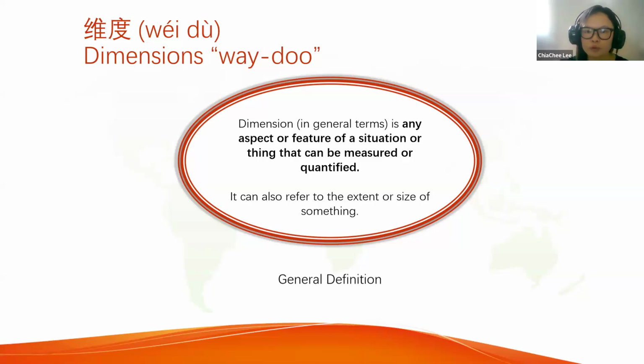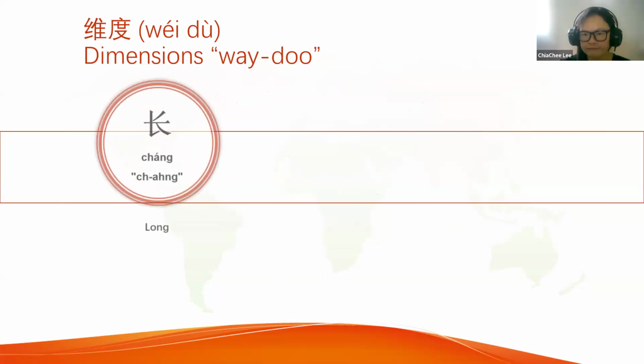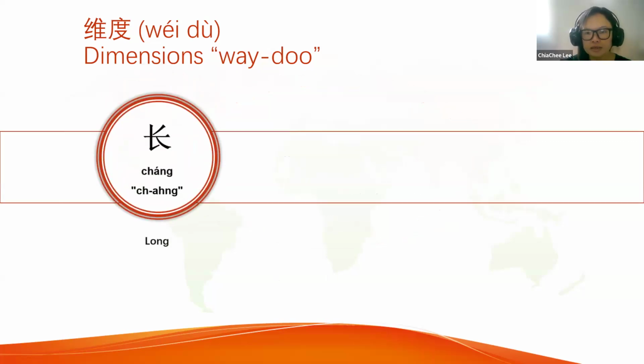All right, we are using the general definition for 纬度, because in Mandarin, in mathematics and physics, there will be different saying. So the dimension, the 纬度 we're referring to here means any feature, any aspect, any situation that can be quantified or measured. All right, this is using the Merriam-Webster reference lah. This is very general. Anything that can be counted and you observe can be quantified on site. All right, 纬度.